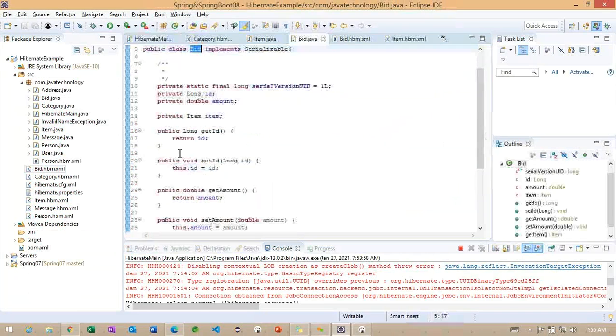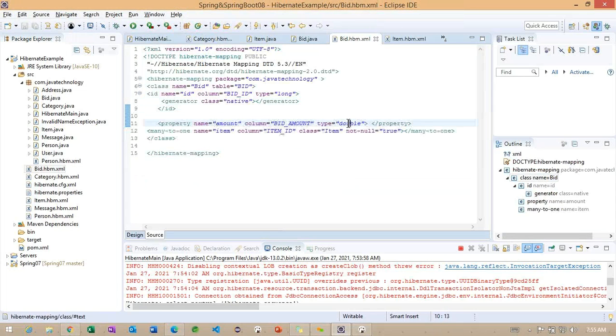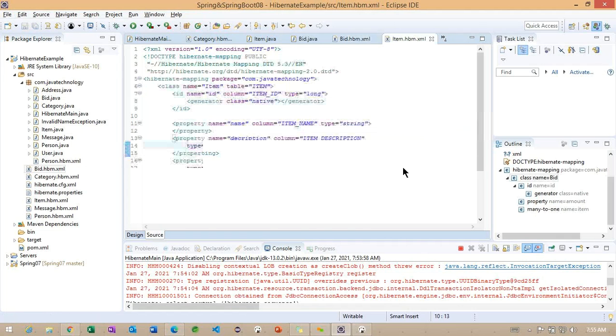Here we are using the double. In the bid also we change to double. Okay, we'll remove this. In the item, somewhere we are using any double.